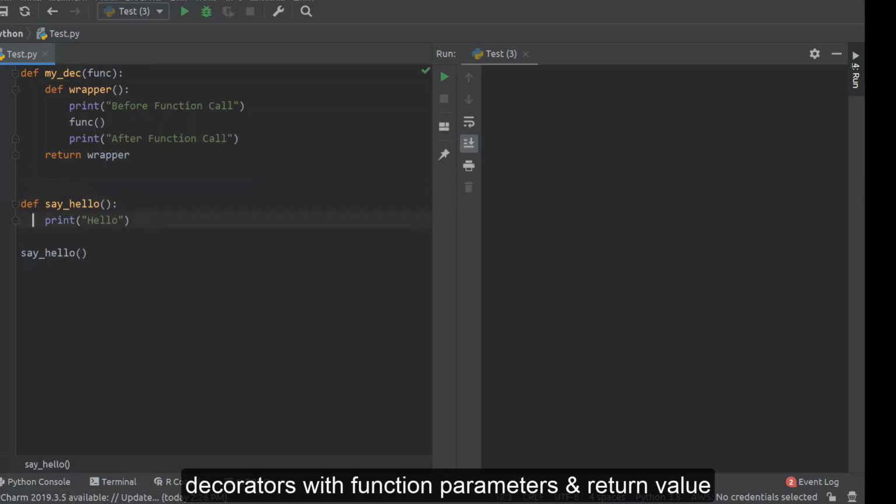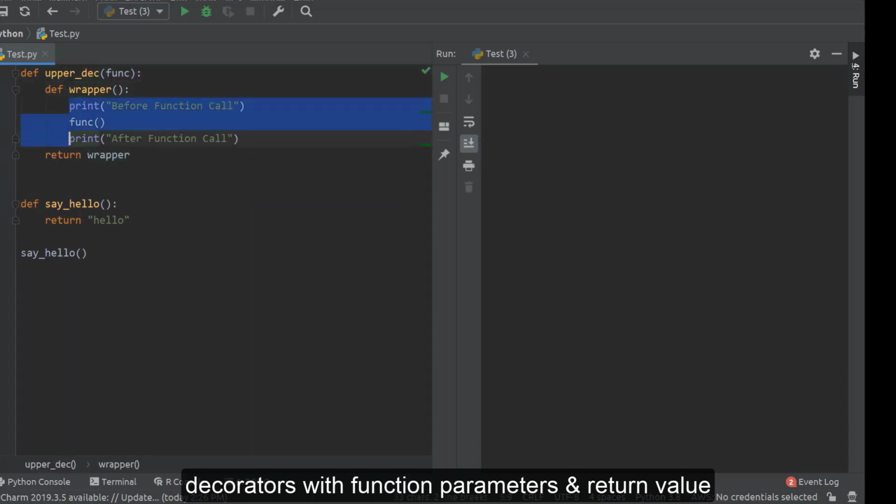Here we'll just make some small changes. This say_hello is now returning one string, hello. In the previous case it was printing hello, now it is returning hello, and this function we want to decorate now. What we want to do is make this string an uppercase string. While decorating, as this function is returning a small letter string, through the decorator we want to make it an uppercase string. So just change the name of this decorator to upper_dec.